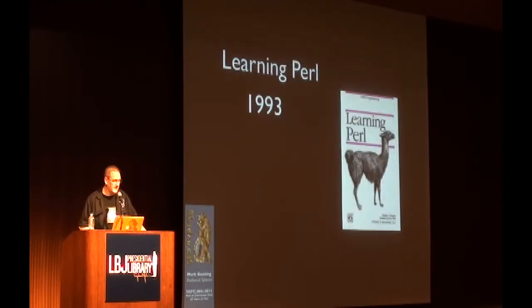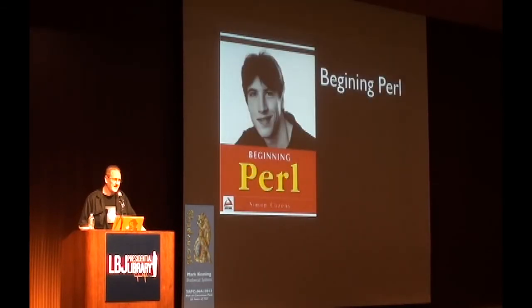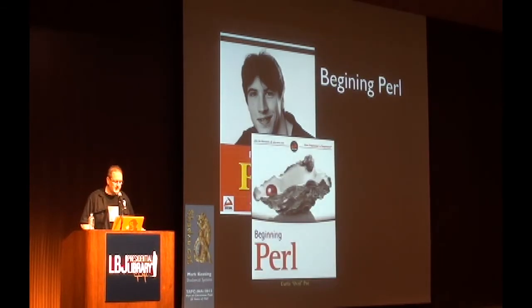Another good book is Learning Perl, and there's a lot of reprints of this, so it's 97, 2001, 2005, 2008, 2011. And then a young man decided that he needed his face on the cover of a book. Looking so attractive, and I bet he was so glad that the publisher said, "We want to put you on the front cover of the book." And he went, "Yeah, me smiling, that's going to help my life." There were versions of that in 2004 and 2010, and then a complete rewrite was done of that in 2012